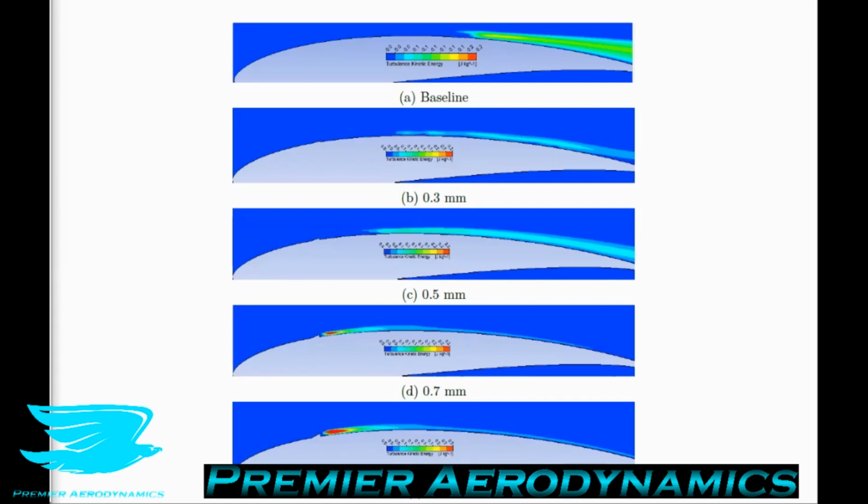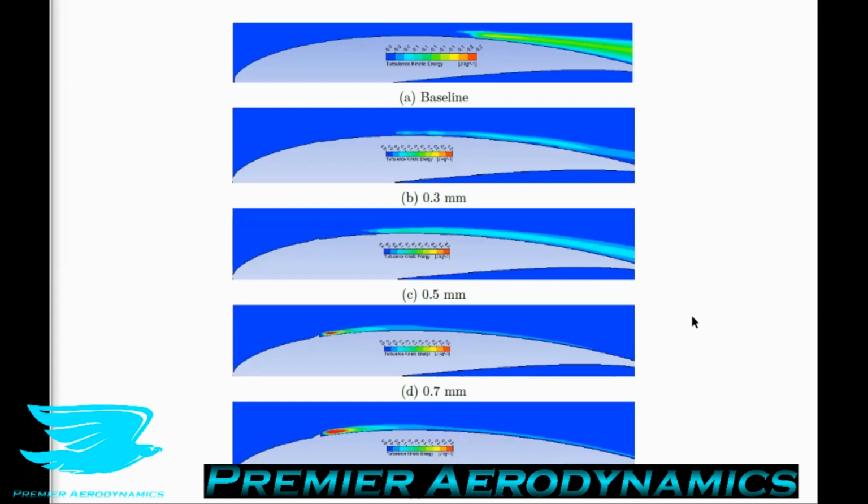The reattachment length after the trip reduces with increasing trip height, as shown in figures 27B to 27E. So this shows the right angle triangle boundary layer trip with increasing height. As mentioned, at heights of 0.3 millimeters and 0.5 millimeters, the LSB is still quite long, but with 0.7 millimeters and 1 millimeter, the LSB is pretty much non-existent. The flow reattaches very close to the trailing edge of the boundary layer trip, and there's a lot of turbulent kinetic energy, which indicates that the flow is now turbulent. So the LSB is pretty much completely eliminated, and that also coincides with increases in the